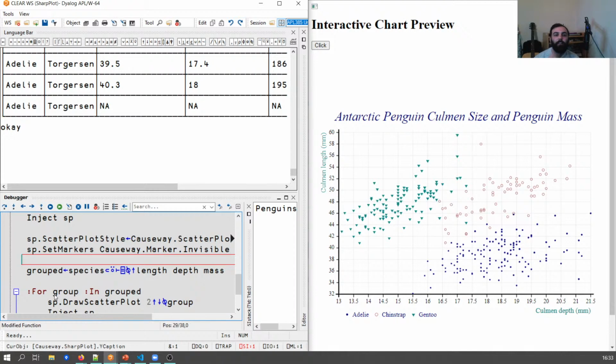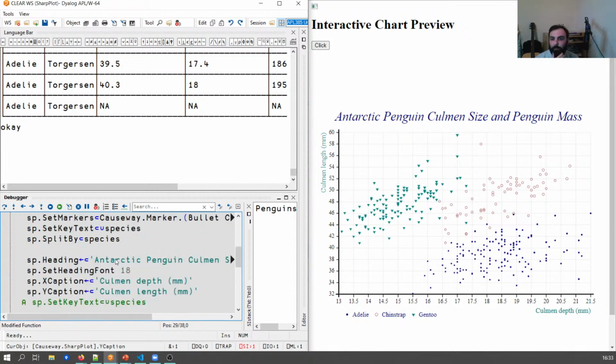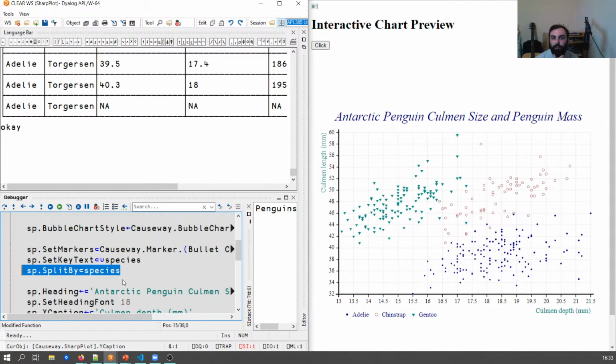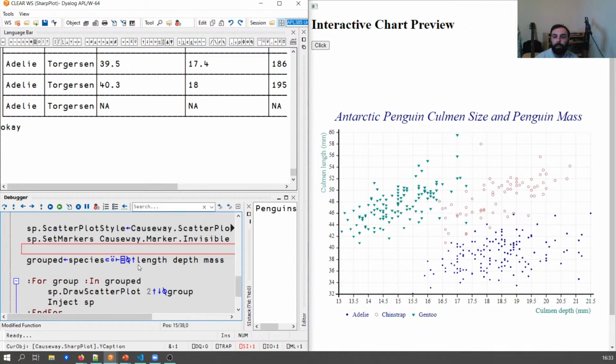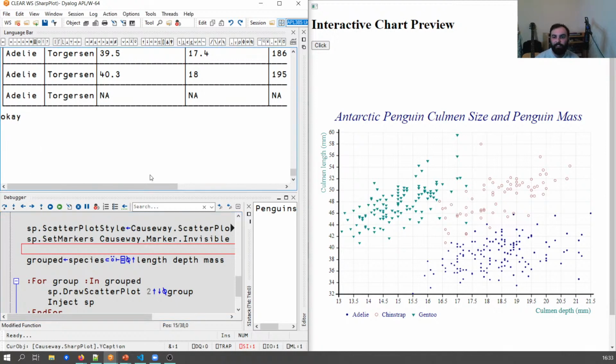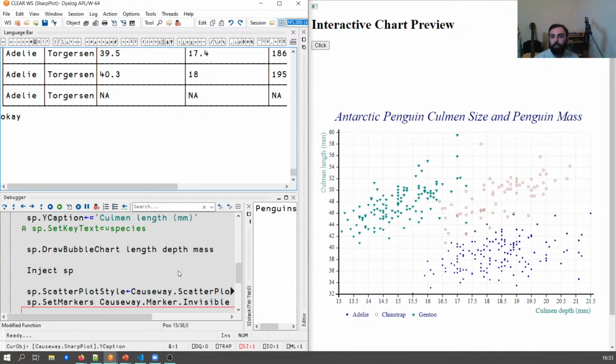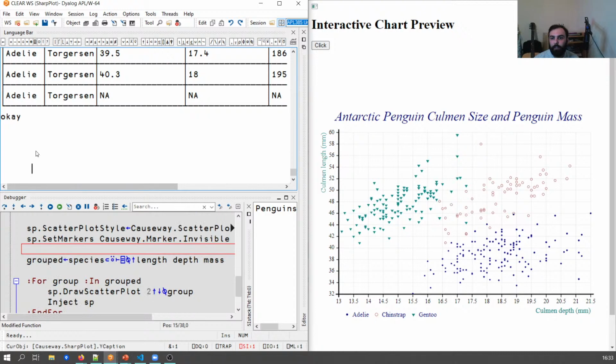So the last part of this, I guess, is that I've drawn this bubble chart that's been split by species by the SharpPlot renderer, but then I want to plot the trend lines on each of the species rather than as a whole. In fact, maybe this is a nice demo of something I learned is called Simpson's paradox. We've already set the scatterplot style to model fit, but if instead of plotting them separately,